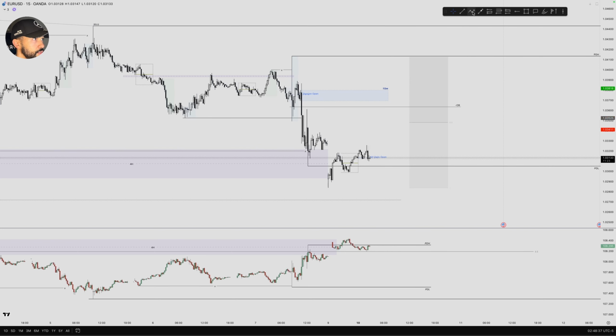So if we were to come back up into this zone, I don't know if I would set my order here, right, with stop loss above the high, but then we can wait for that breakdown, okay, price to react to this zone here, have an expansion out of it, maybe take some internal buy side liquidity if we come up correctively, and then we can look for our pullback to our POI, which would be an order block with imbalance preferably, to trade back down